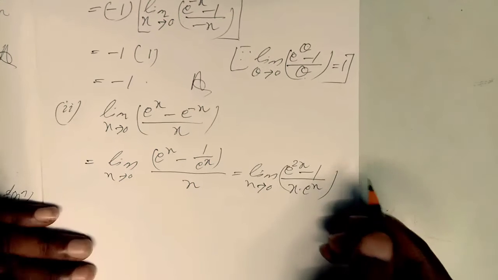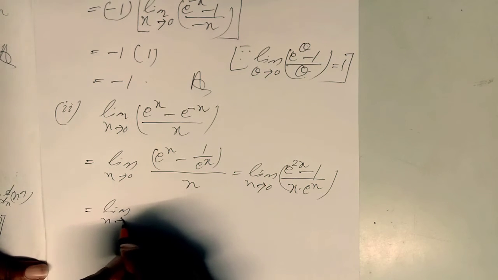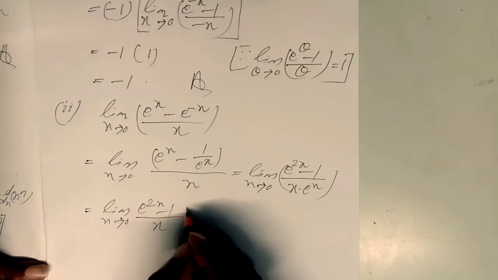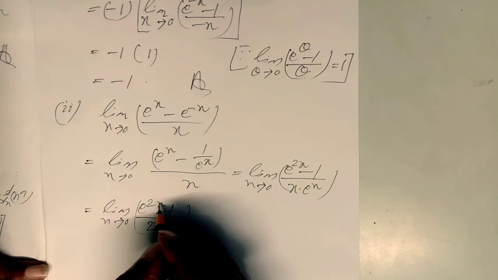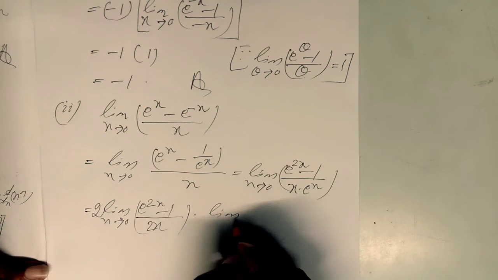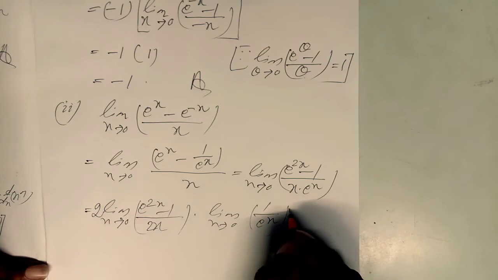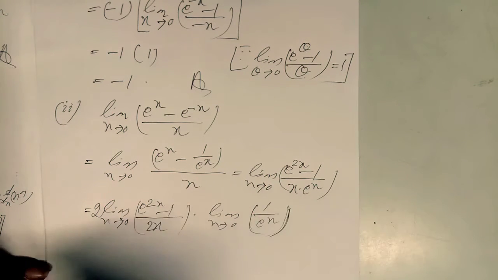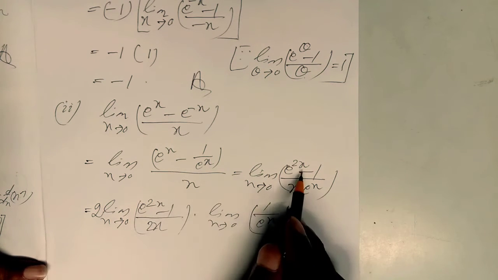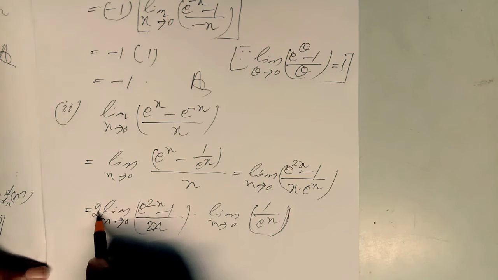Do one thing here, just make it two limits like this. Limit x tends to 0, (e to the power 2x minus 1) by x present here, you write 2x, because e to the 2x means you have to write 2x, and that 2 you have to adjust here. Again limit x tends to 0, 1 by e to the power x. Why am I writing this? Because this is one formula: e to the 2x is there, but in the denominator only x is present. I have written 2x, then the 2 is adjusted here.